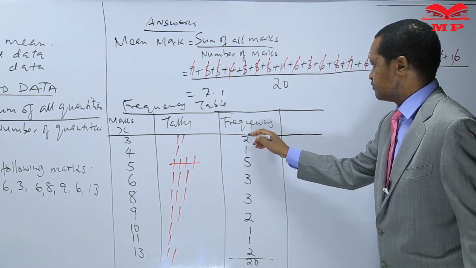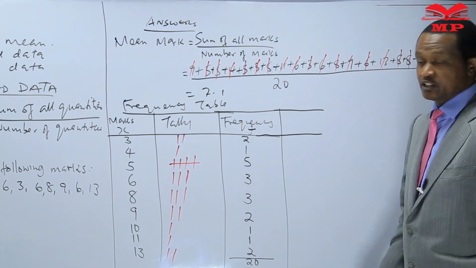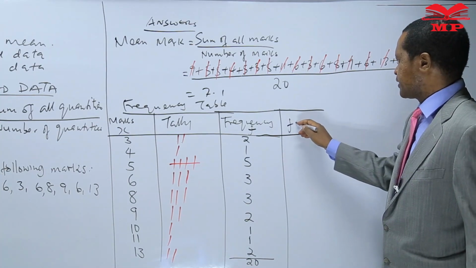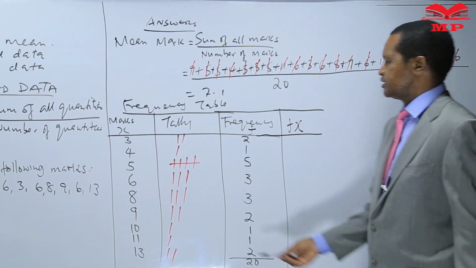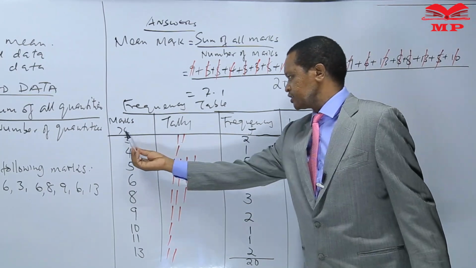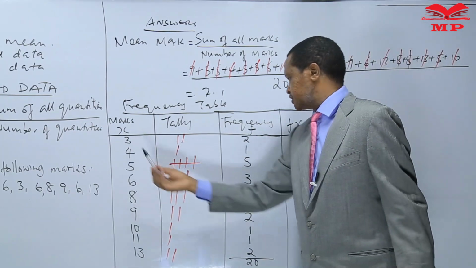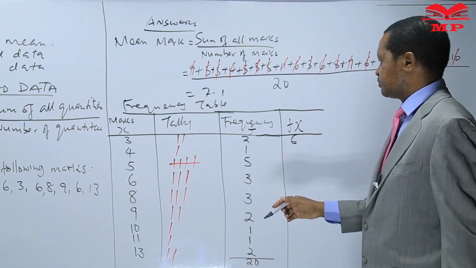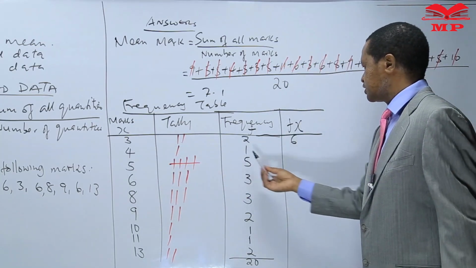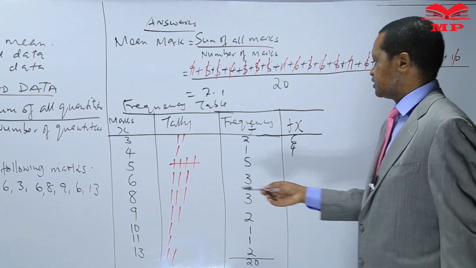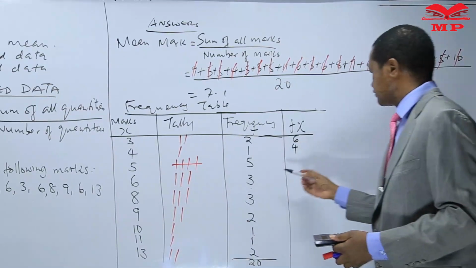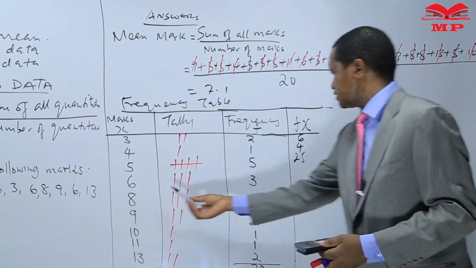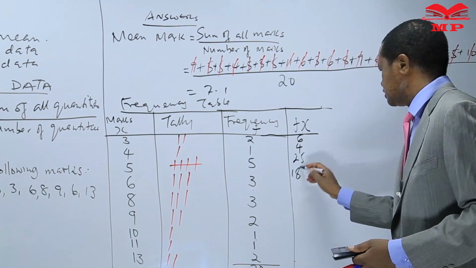This is F, frequency denoted as F. So we can come here and get Fx. Fx means F times X. So the first one is 3 times 2, giving us 6, followed by 4 times 1, giving us 4, then 5 times 5 is 25, then 6 times 3 is equal to 18,